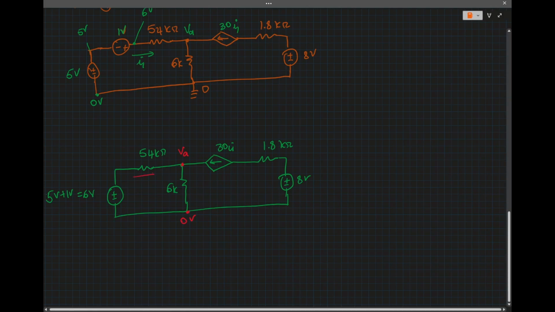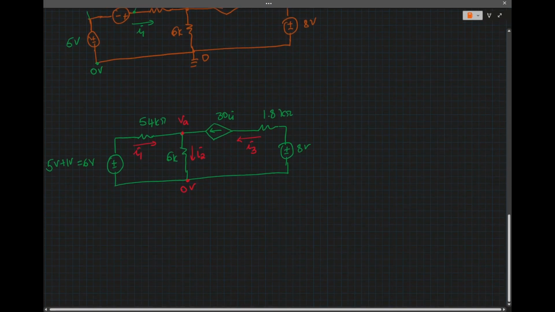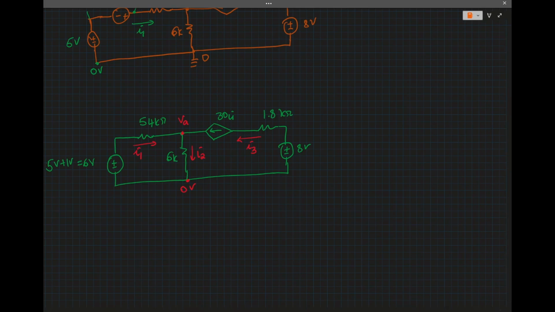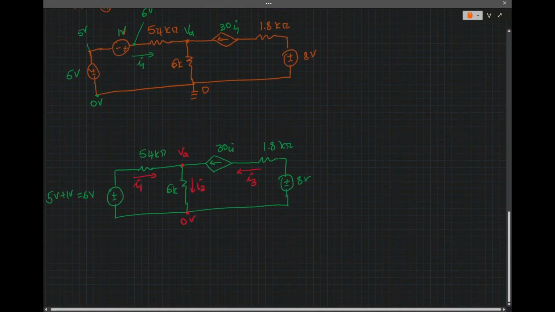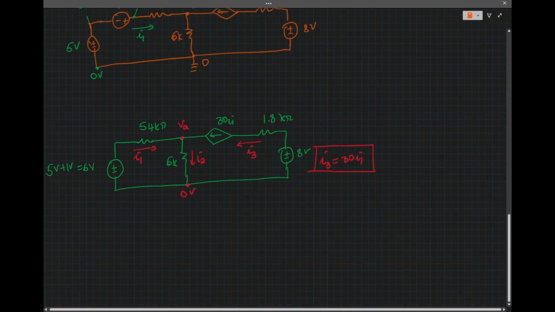So then we have the current I1 here, we have the current I2 here, and then we have the current I3. So now, we know that I3 is equal to 30I1. Now we're looking for the expression for